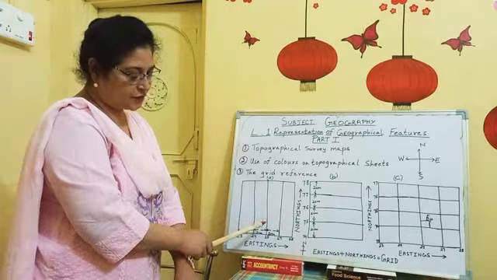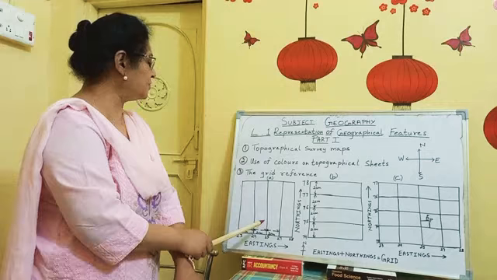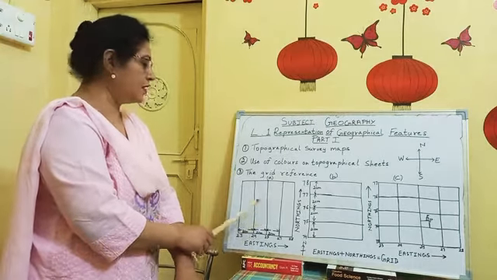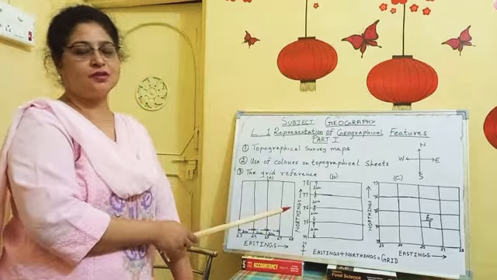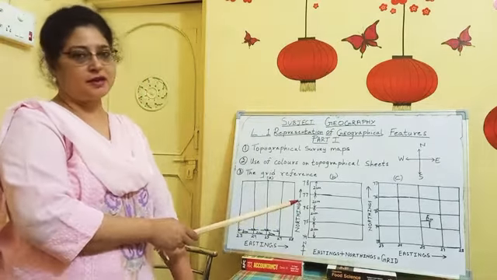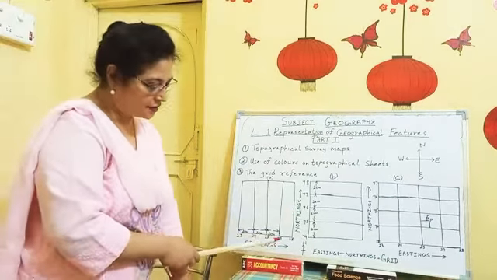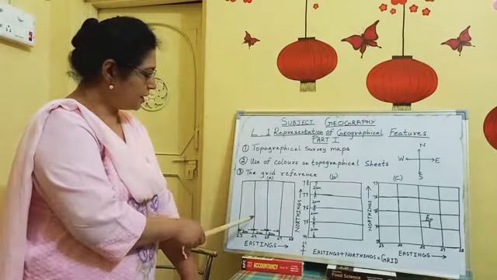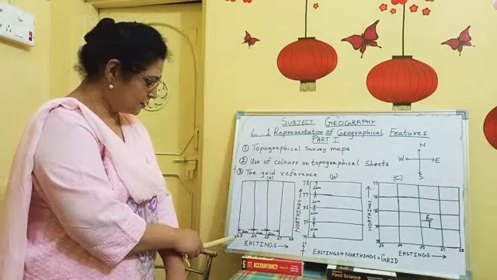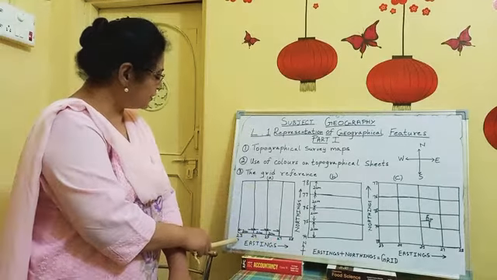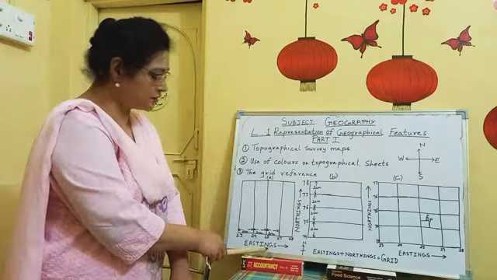For studying the topographical survey map of an area, the grid reference is of vital practical importance. Why is the grid important? Because it helps us to locate places on the earth. Anywhere, any place you can locate with the help of the grid reference. So the first part, that is figure A, shows you the eastings. In the eastings, the numbers start from the west and come towards the east. So that is why it is known as the eastings.